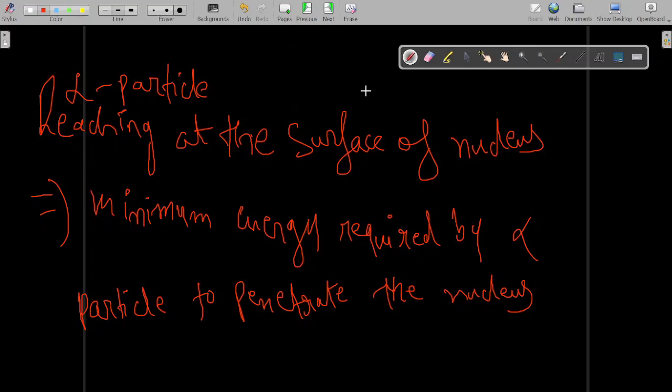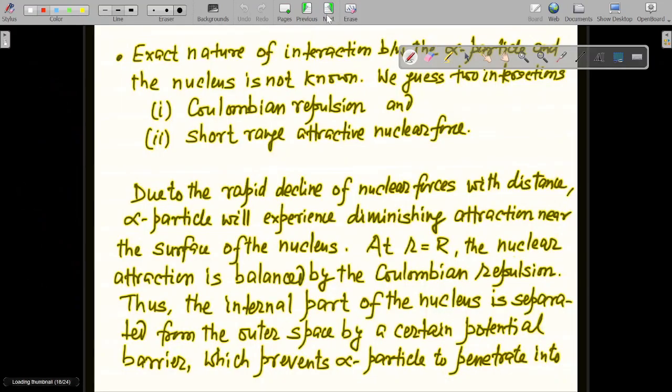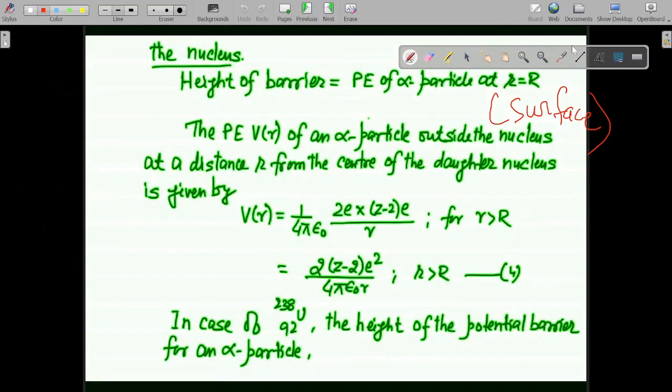Beyond this, if you provide energy greater than this, then what will happen? Then certainly the alpha particle will penetrate. So the height of the barrier is equal to the potential energy of the alpha particle at r equal to R, that is, at the surface. The potential energy V(r) of an alpha particle outside the nucleus at a distance r from the center of the daughter nucleus is given by: